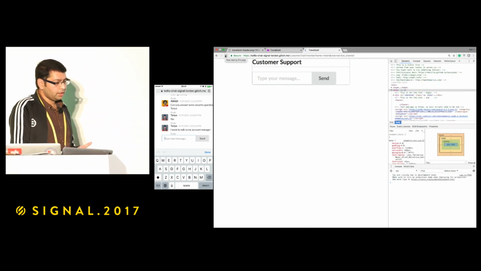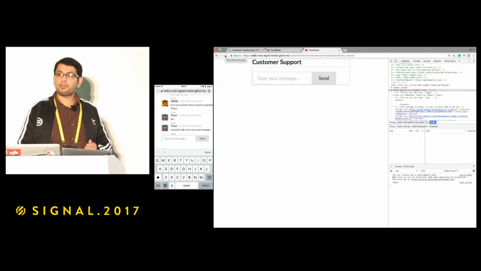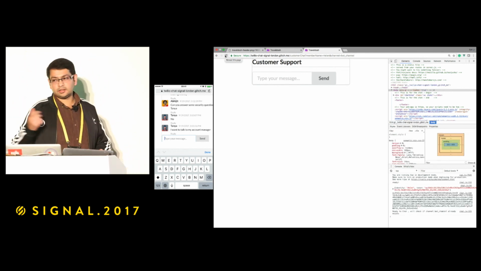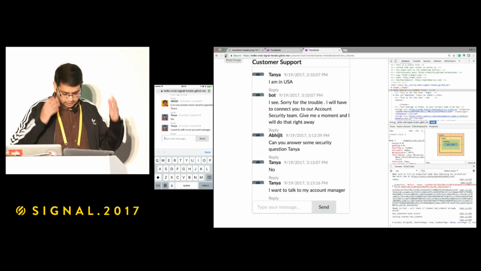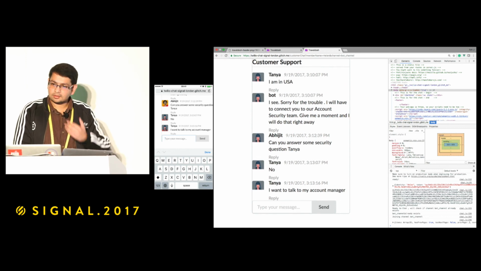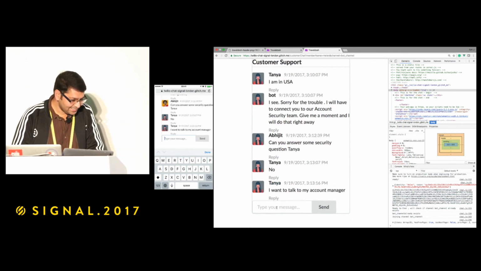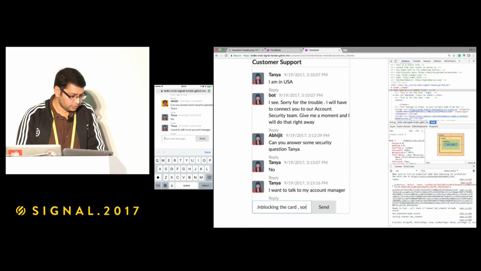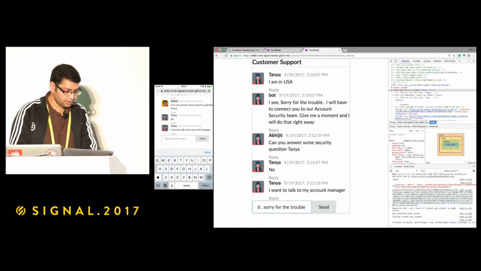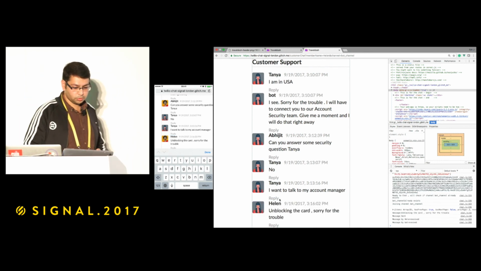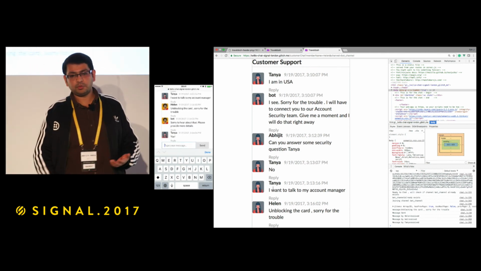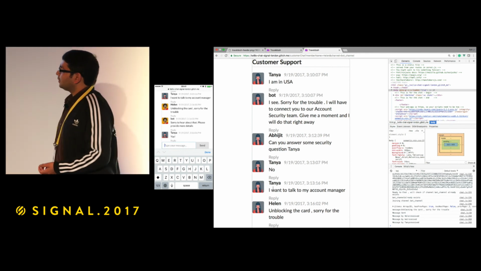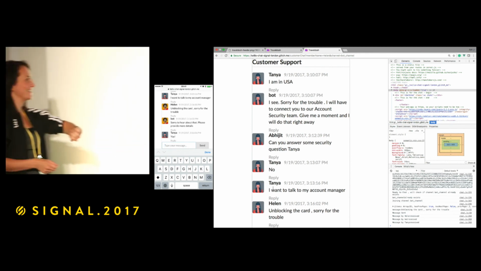But what we were trying to show here, if we succeed, is a peer-to-peer chat between an account manager and the customer, where this customer would say... Thank you, yes. That proves that it wasn't my demo's problem. Yeah, and maybe I'll get my money back then. Unblocking the card. Sorry for the trouble. Because Tanya and Helen had a connection. They knew about what's going on. So yeah, let's ask Tanya if this was probably a better experience than what she had earlier. Obviously, it took 10 minutes, and I got my money back.